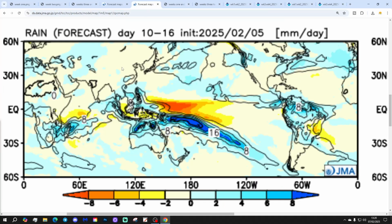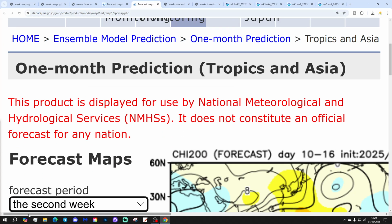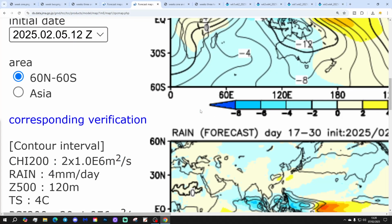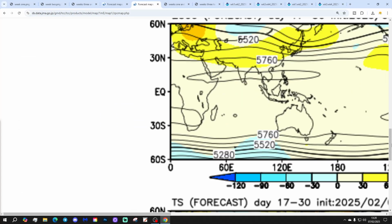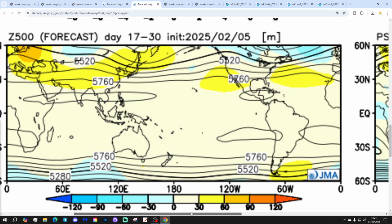Right, okay, and then we go through to, hold on everybody, we've not got weeks 3 and 4 up, but we can soon rectify that. Let's just flip that over and then go there and go here. So weeks 3 and 4